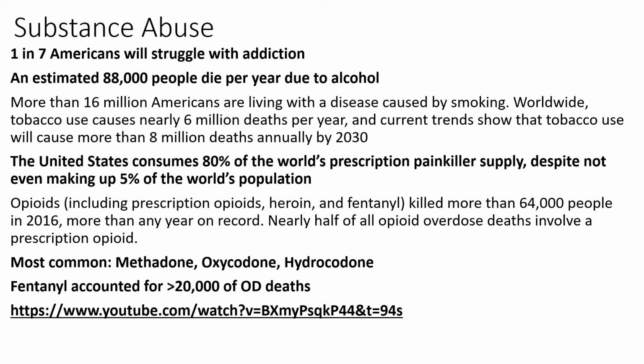When we look at opioids, a huge percentage of the world's opioids comes to United States and Canada. So we make up 5% of the population, but consume approximately 80% of prescription painkillers. So really big issue, opioid